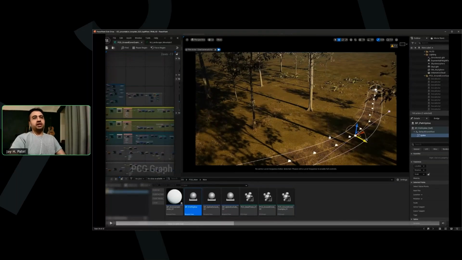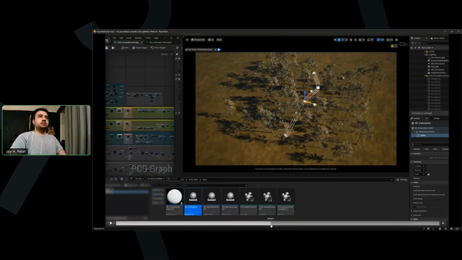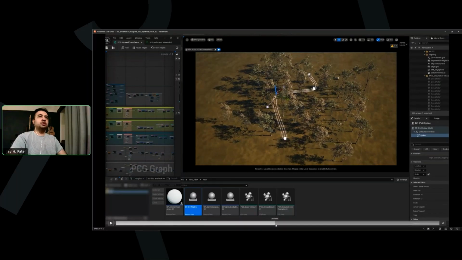For this example, I only had one decal, but the sky is the limit. You can layer practically a number of decals or meshes on this path, and you can see it's changing on the fly.